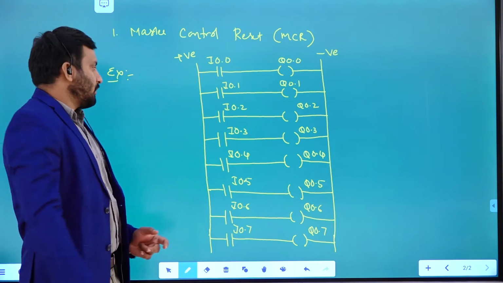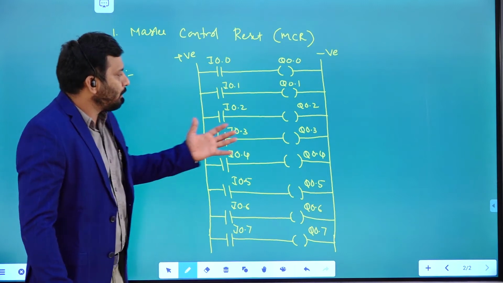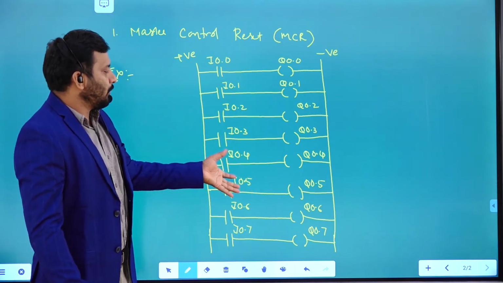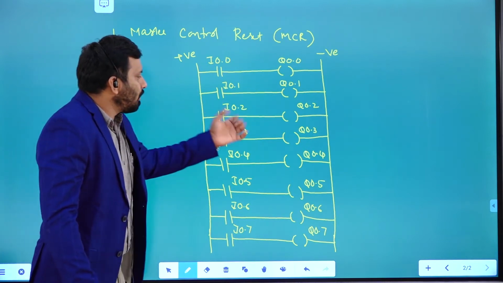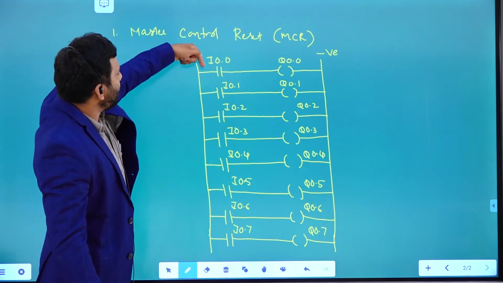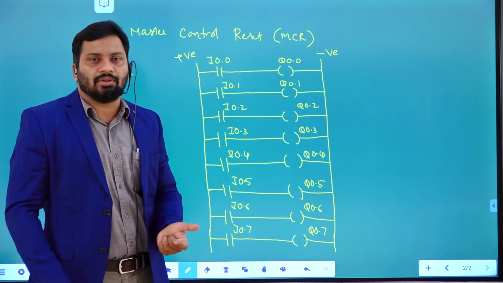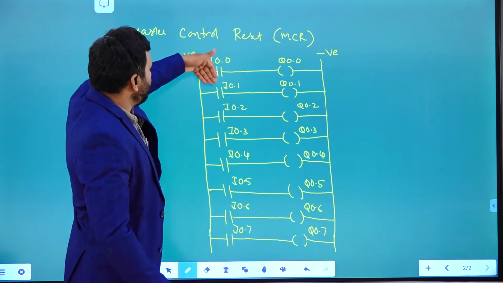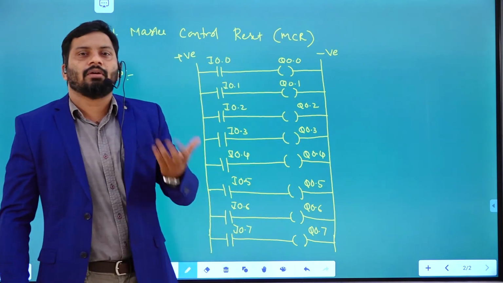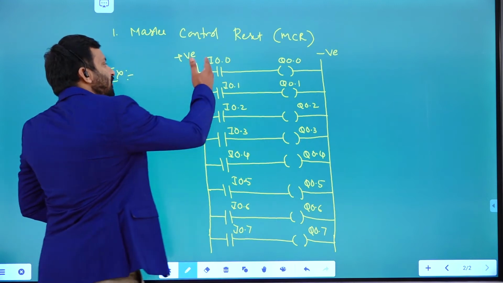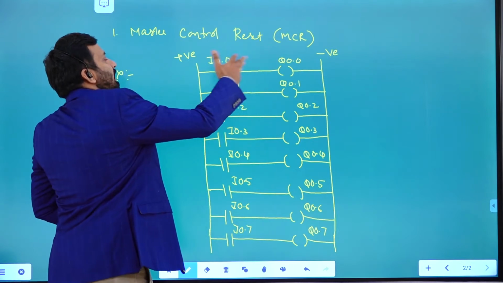See how this particular PLC logic is going to be executed. For example, this is the program you wrote for some application. So how is it going to be executed? Based on the input data getting through this particular contact, this output is going to be activated or not activated. In the similar way, based on the input data getting to this particular input contact, this output is going to be activated or not activated. Like that, from left to right, every rung is going to execute.